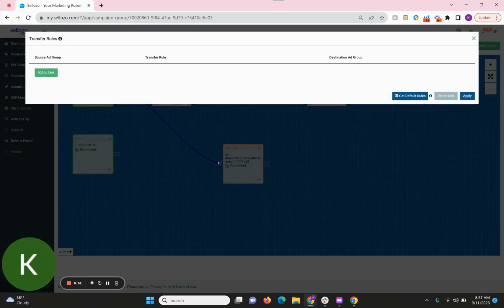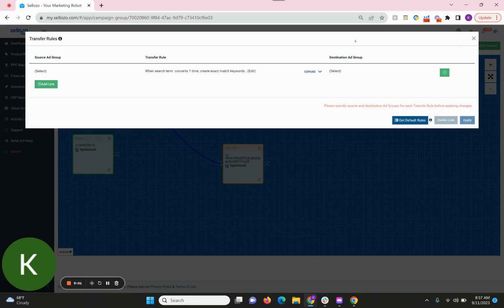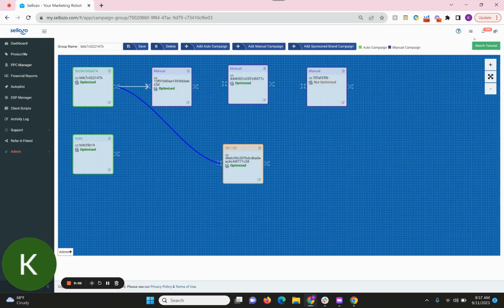And now you've got a keyword research ongoing flow happening in the background, where your auto campaign is adding more keywords to your video ad. Your video ad is getting seen more. Your products are getting clicked on more. Your conversion rate's going up. Your sales are going up, if you have a well-optimized listing, all by just linking up a video ad or your sponsored brand headline ad